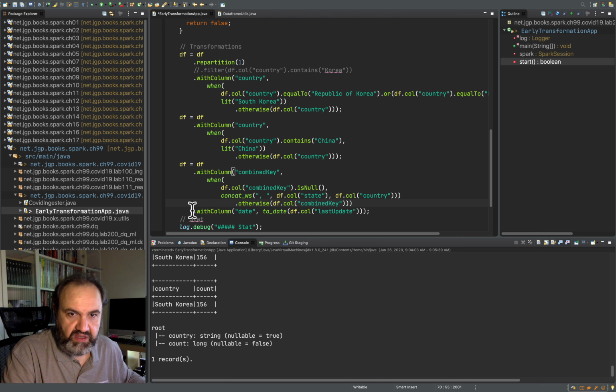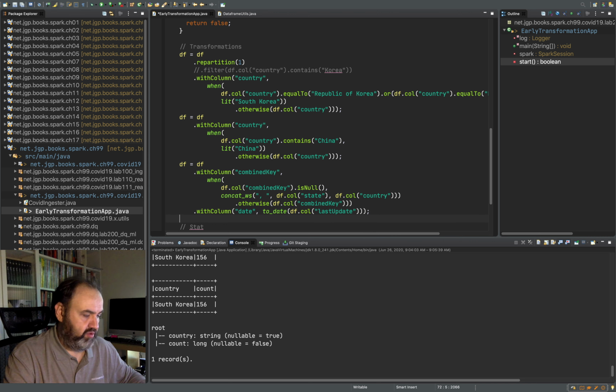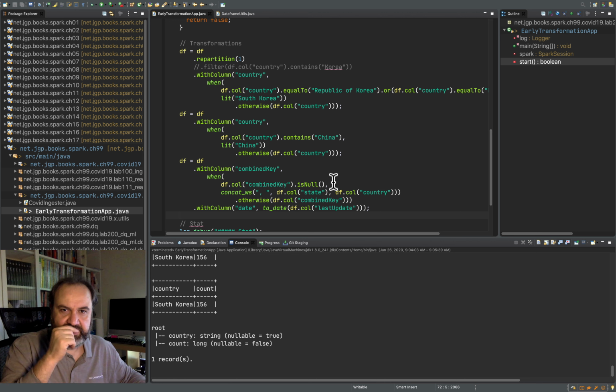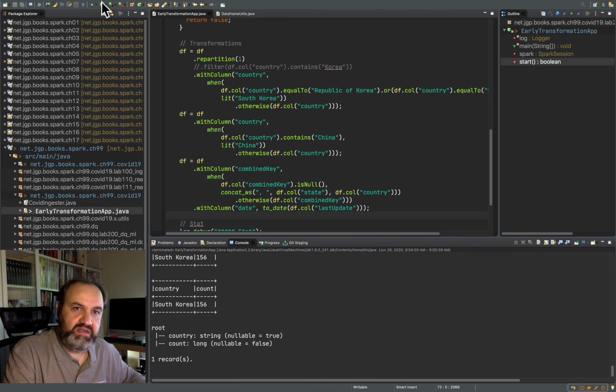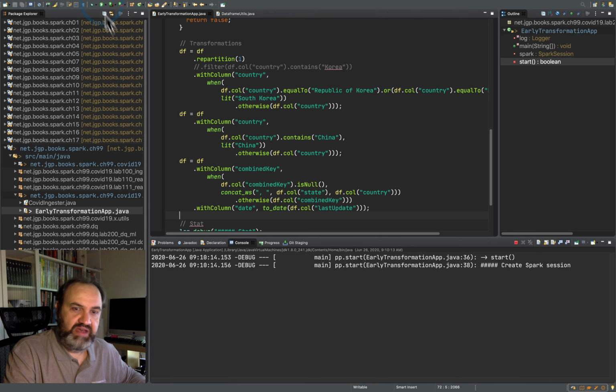And in this scenario, I'm creating a date, and I'm just taking the date part of the datetime of the data. So I have just a date. Having just a date is going to be a lot easier if I want to do aggregations on dates, for example, or specific analysis on dates. So let's run that and see what happens.